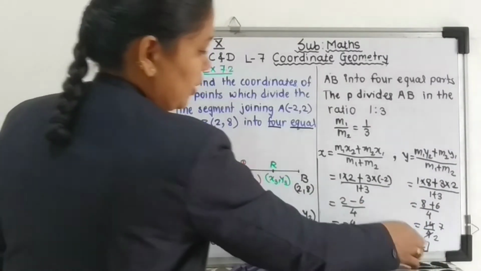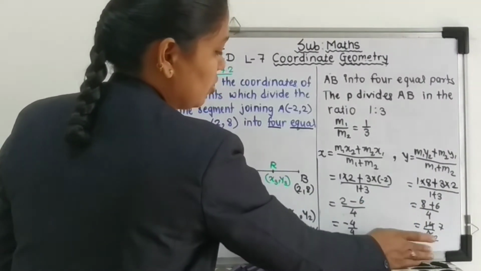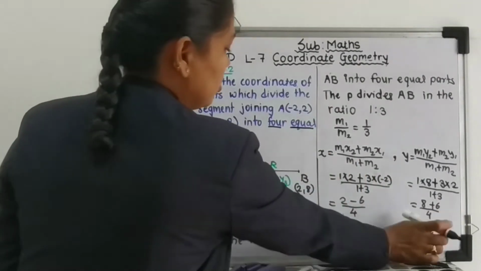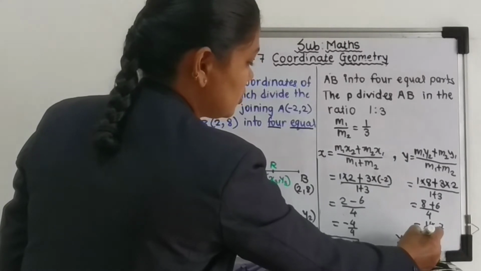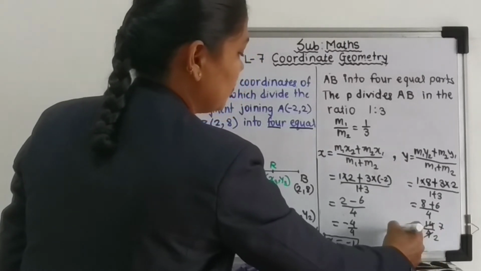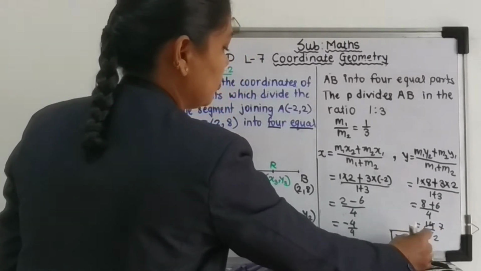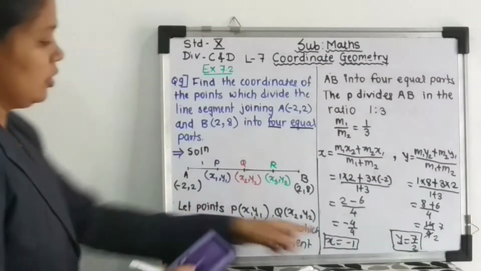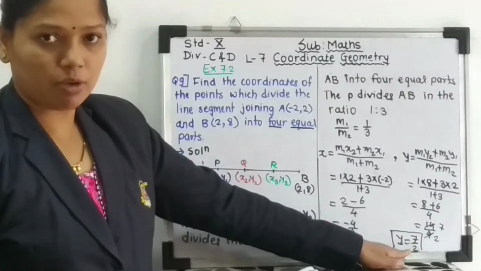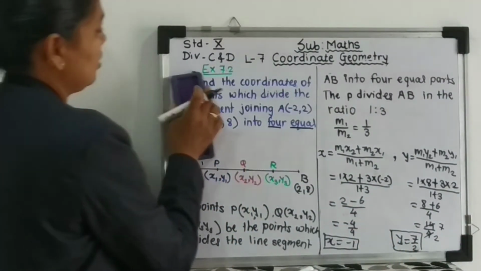I'll write more properly. See here, y is equal to 7 upon 2. So our P coordinates are what? -1 and 7 upon 2. So we will write